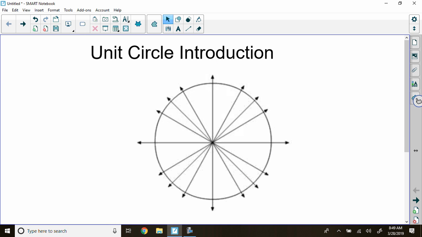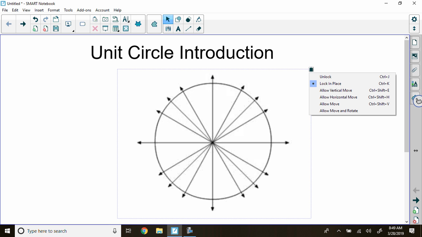And over the next 2 weeks, we're going to know that unit circle inside and out and forward and back and up and down and all around. One thing about the unit circle